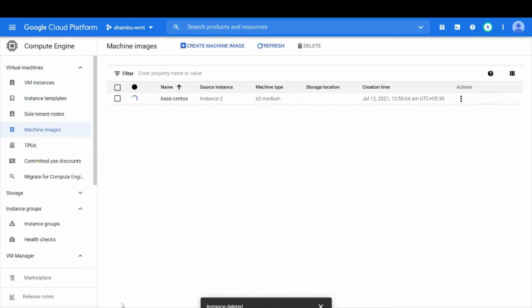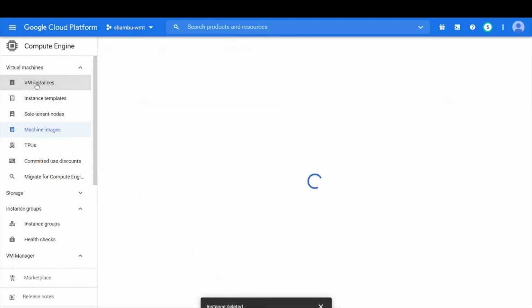In very few seconds it will get created, just 10-15 seconds. It's based on how much content you added over the image. Yeah, it's done. I have added very few layers, so it is completed very quickly.